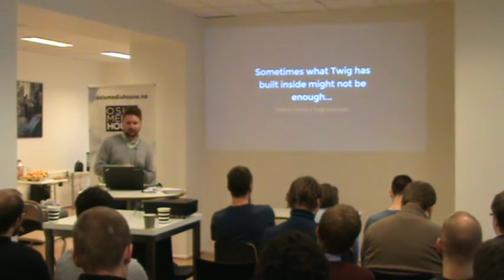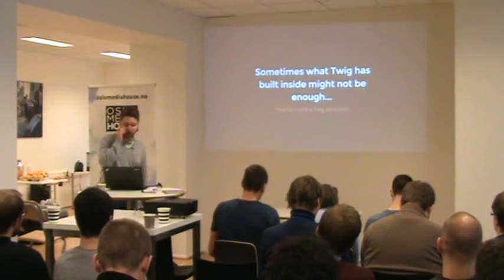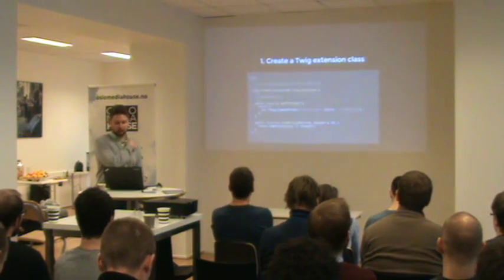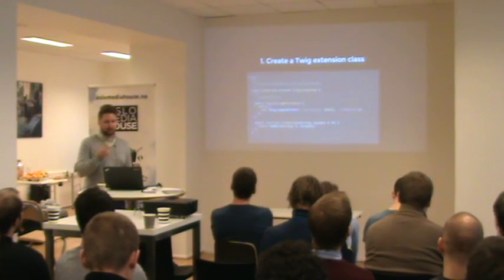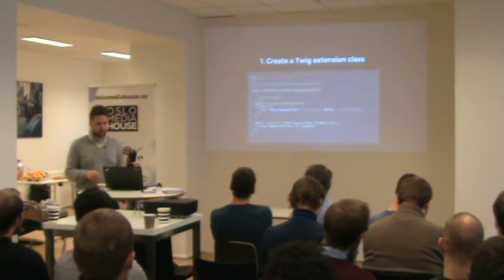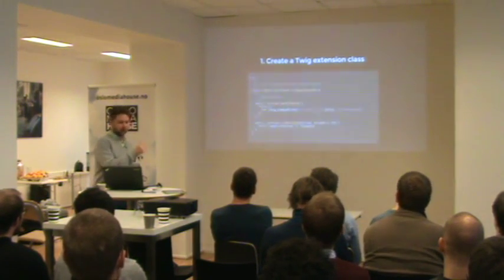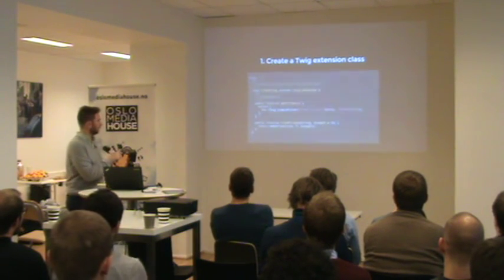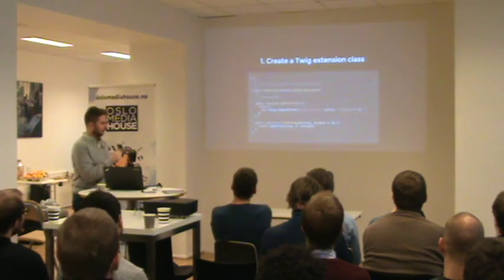But sometimes what Twig has built inside might not be enough for your use case. So I'm going to show quickly how to create a Twig extension. If you want to create your own filters, you just create a Twig extension class extending \Twig\Extension. You create a getFilters method. There you return an array of Twig SimpleFilter objects. And the Twig SimpleFilter takes as parameters